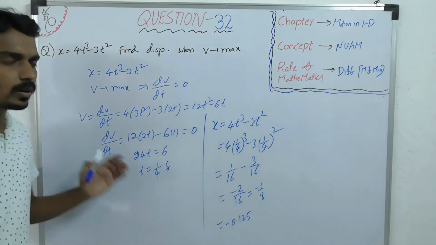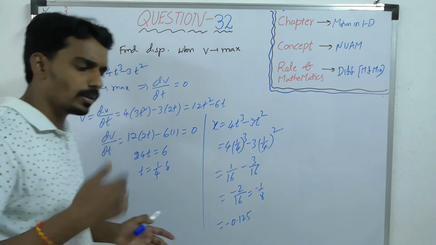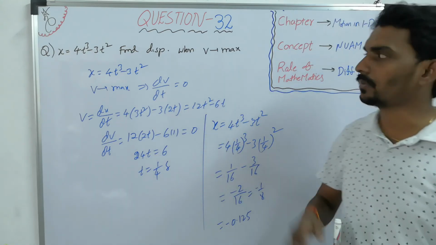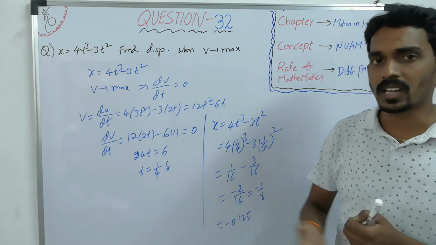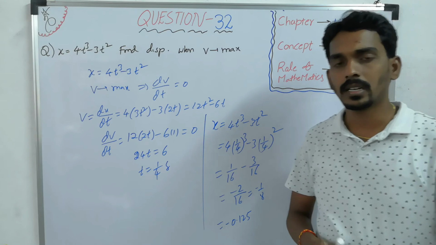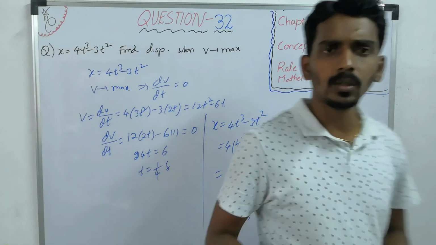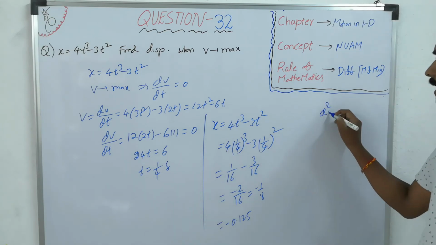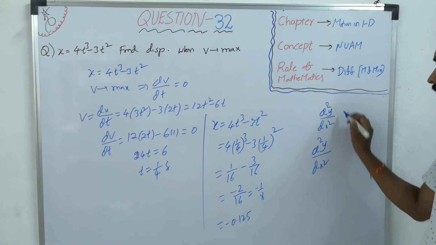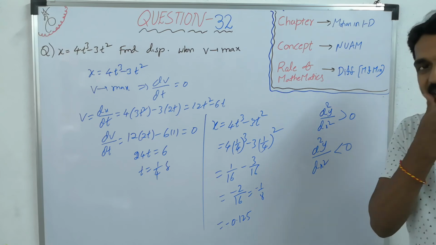So this is the way you can find the answers to questions related to maxima and minima. That maxima and minima can be used in any situation, but how to use it, you have to realize. Whenever they are asking for some function to get maximum, then the first order differentiation should become 0. But in physics, in most situations, no need to bother about the other condition, like d square y by dx square being less than 0 or greater than 0. This is the minimum condition, this is the maximum condition.